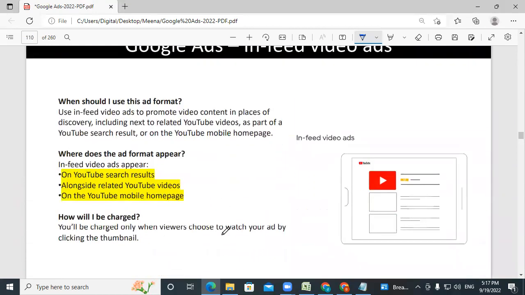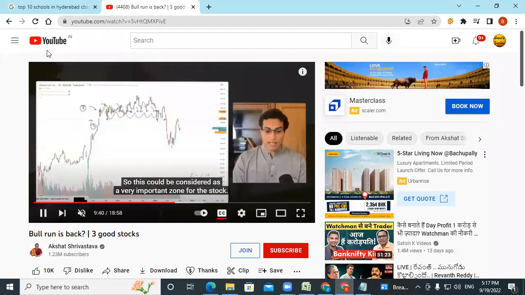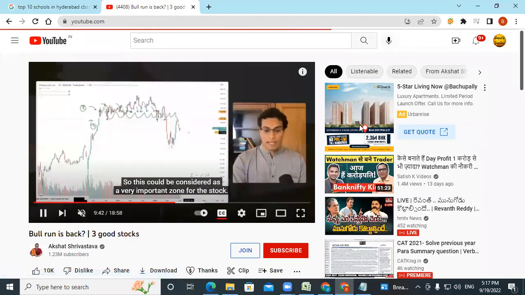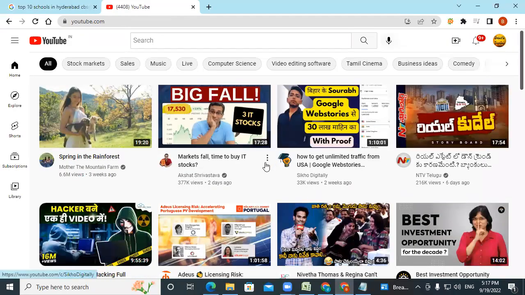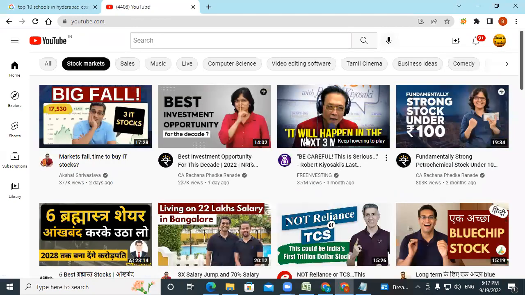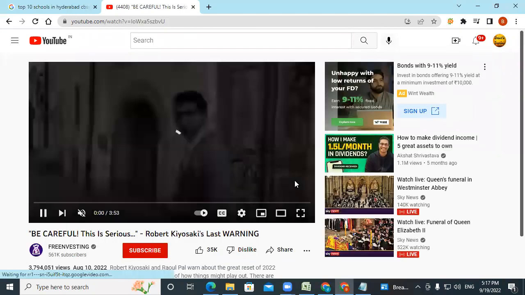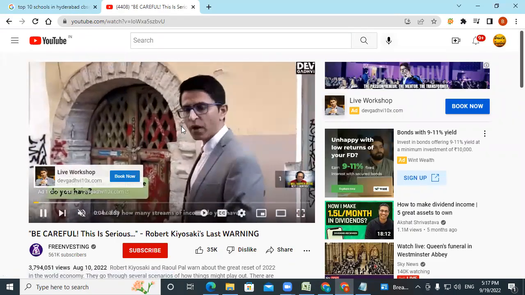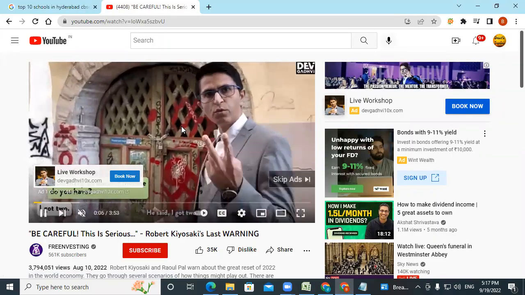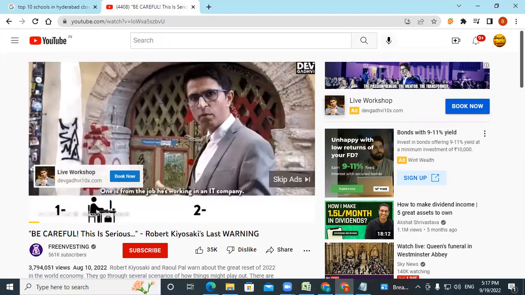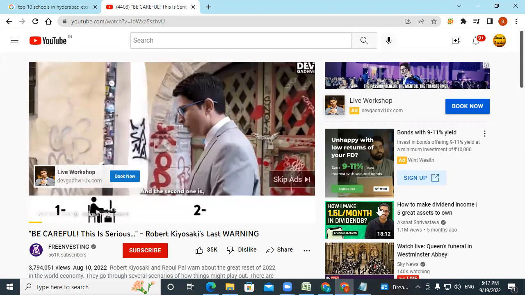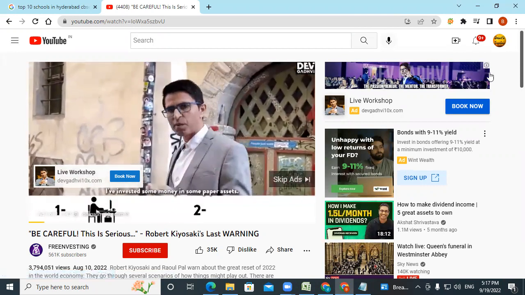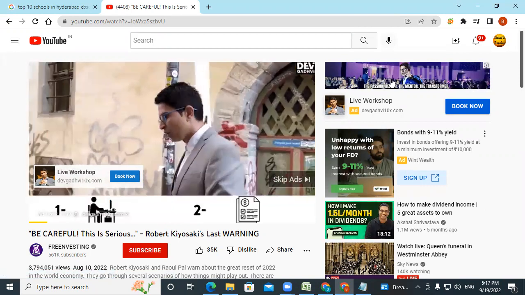In between we have in-feed ads. We have already seen an example. If you go to YouTube, here also there is one. It's gone now. I'm watching something and here there is an ad which is not inside the video. The ad that is playing inside the video is a skippable ad. The ad that is coming outside the video as a Google suggestion